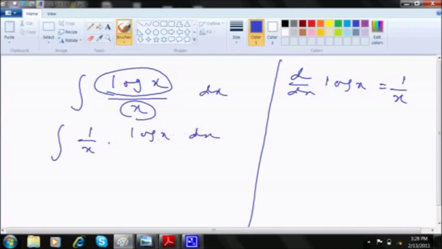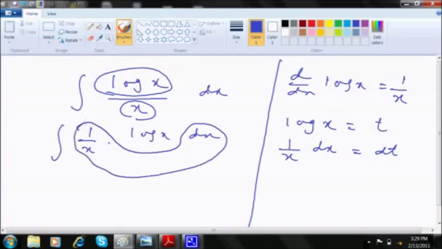So as log x derivative is 1 by x and that is there, what I will do is take log x as t. Then differentiate this. This is 1 by x, just write dx, and this you write as dt. I'm actually differentiating but I'm not bothering much on that. So 1 by x and dx will go off as dt. So the question becomes